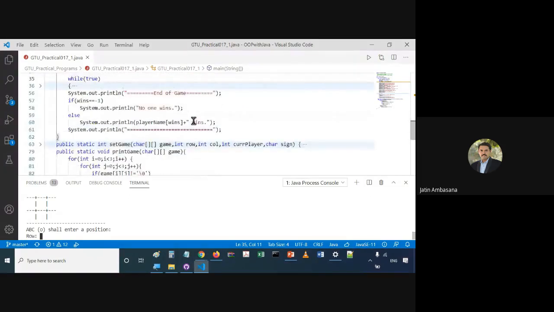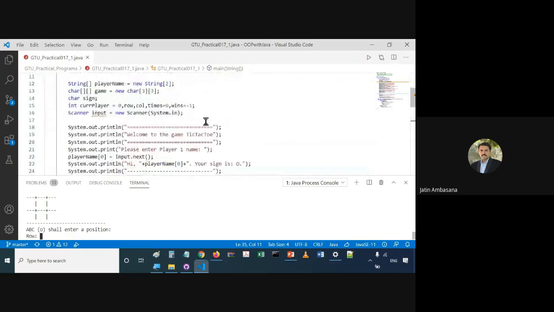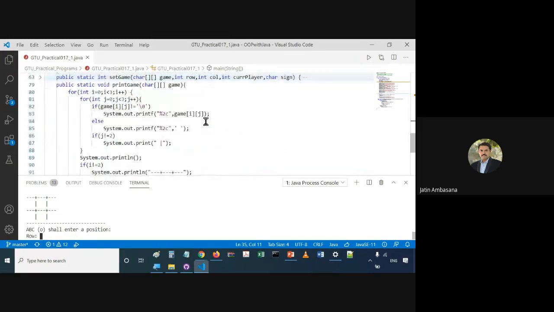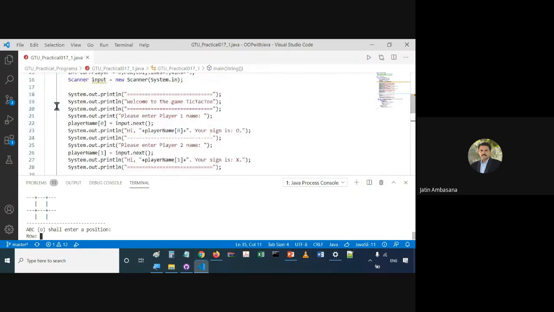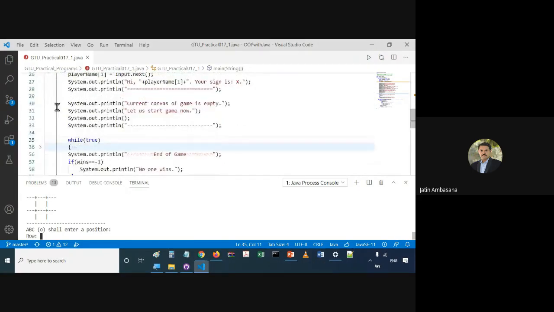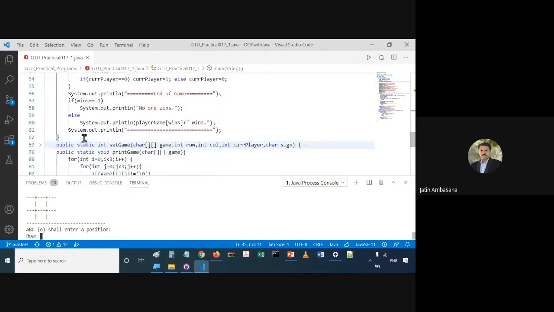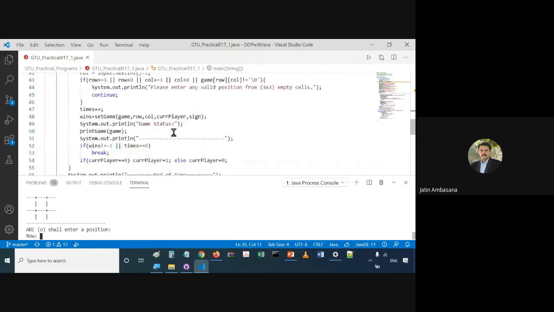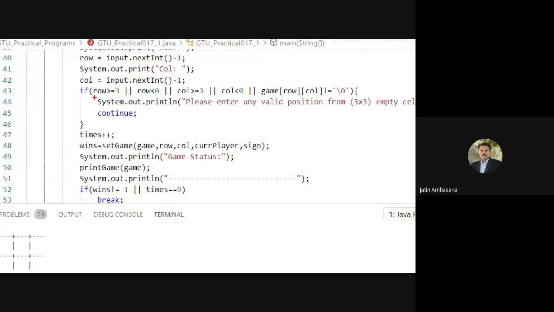See. Here we check this thing: whether the row numbers and column numbers are out of scope or not, and whether that is not equivalent to the null character.